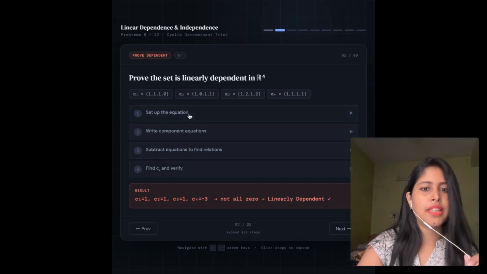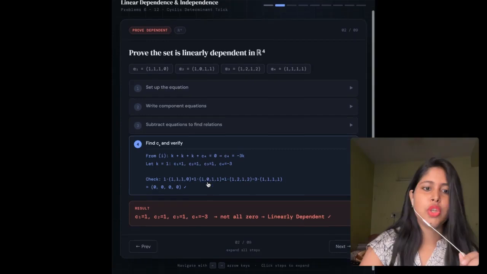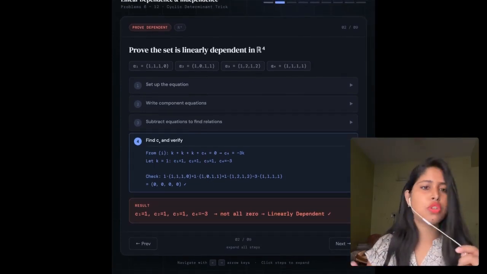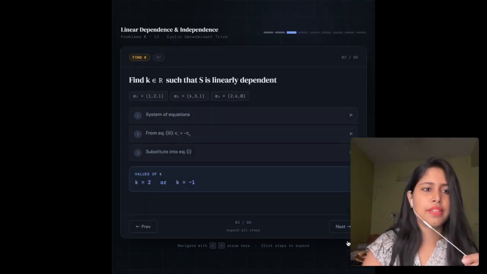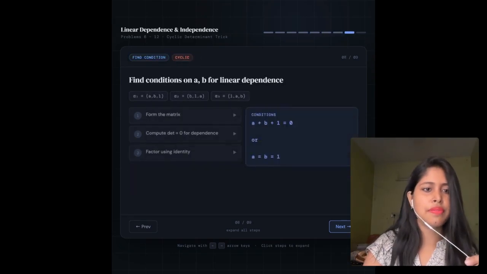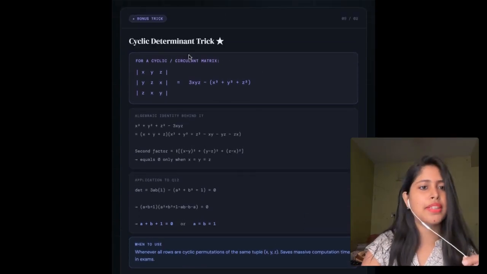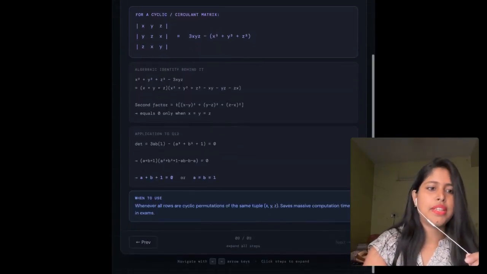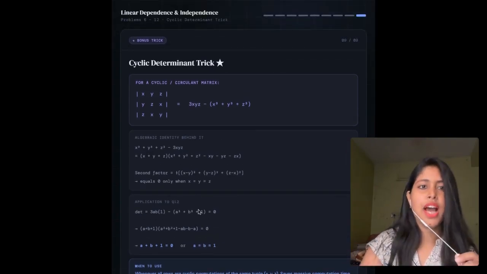All right, now coming to the next part, this is the first question which we're going to do, and here as you can see I have also given the working step by step. You can see from here also, and I will also do it here in my journal too. This is the result given for this kind of question. And next is this question. As I have already said, these are the questions which we have. And then coming to this bonus trick which we have for today, that is the cyclic determinant trick. And here you can study these, and then you can understand what I am trying to say after our class gets over.